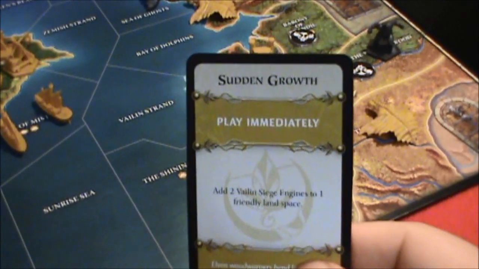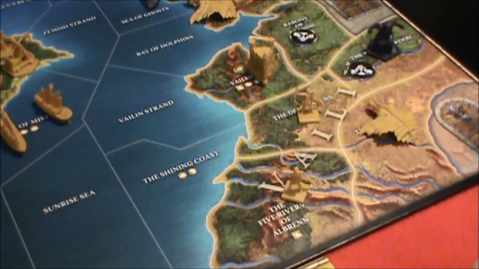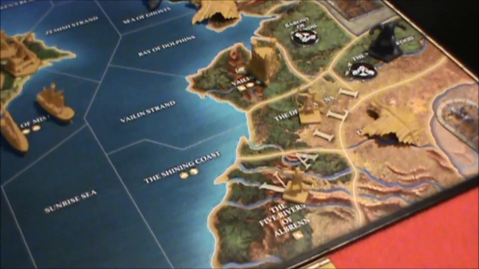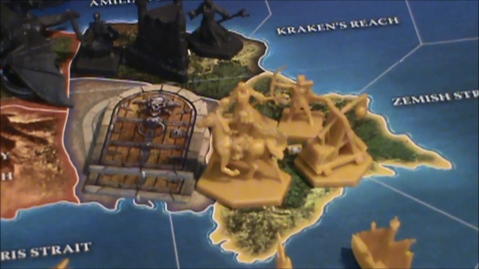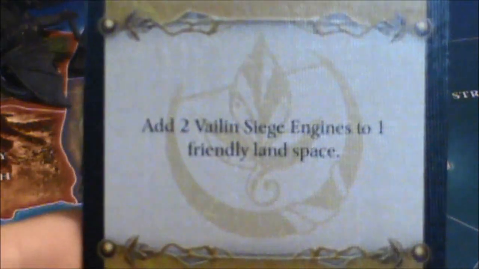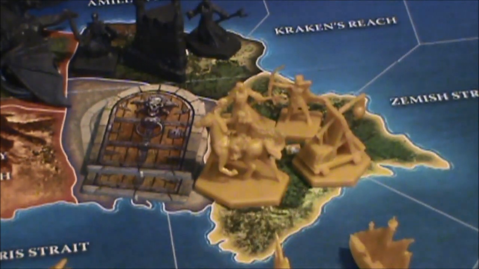Although I'm quite tempted to use this Sudden Growth down here to try to recapture some land, honestly, recapturing the land is not going to win us the game. So I think I'm going to play this Sudden Growth right there, and I can put 2 siege engines, according to this. Add 2 Valen siege engines to 1 friendly space. Let's put them there, because if I can defeat a castle,